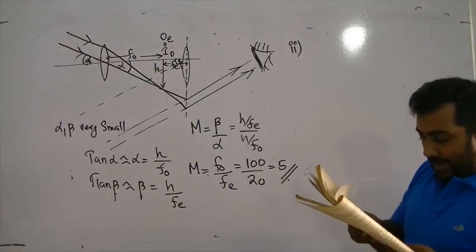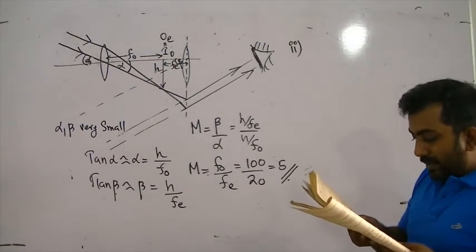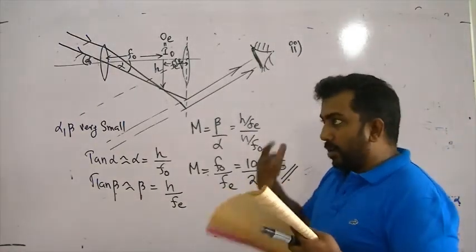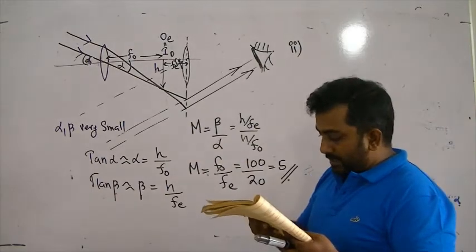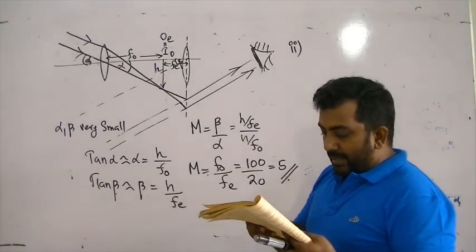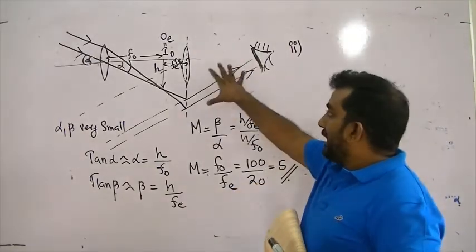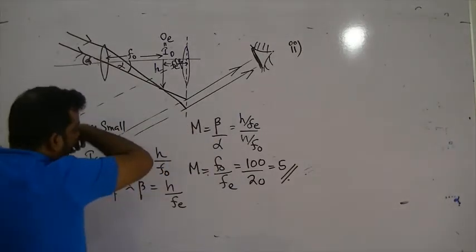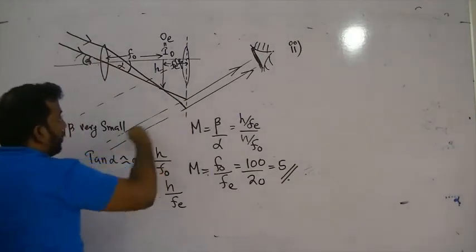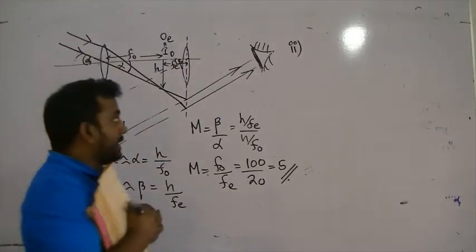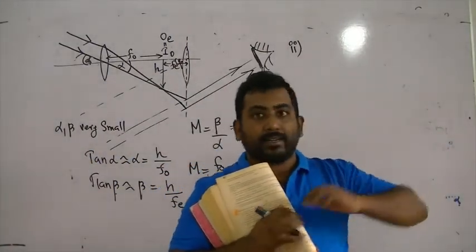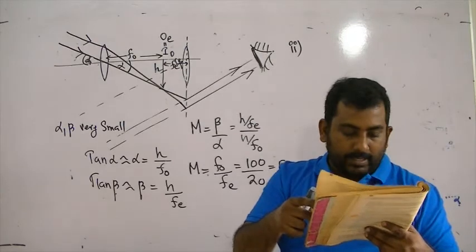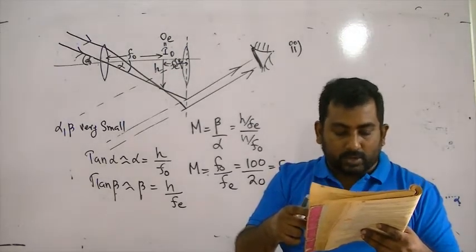Later, he has converted the instrument into a terrestrial telescope. Don't worry about that word. In normal adjustment means final image is formed at infinity. By placing another convex lens of focal length 8 between the objective and the eyepiece. Tell me what's the biggest problem here? Light rays coming from top will be at the bottom. Light rays coming from the bottom will be at the top. Inverted image. In this picture, the problem is the image is inverted. So what they have done is, they have put another lens in the middle, keeping the distance between the objective and the eyepiece short as possible.